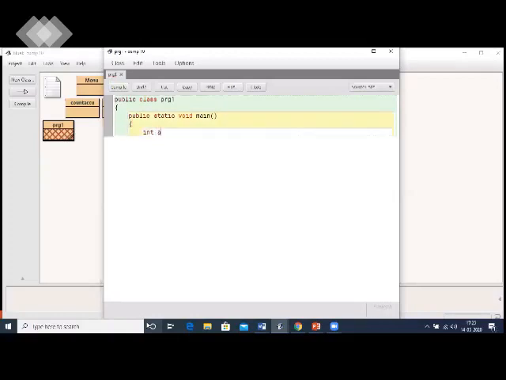Integer a equals 5, comma b equals 0, and we have double c equals 7.5, comma d equals 0.